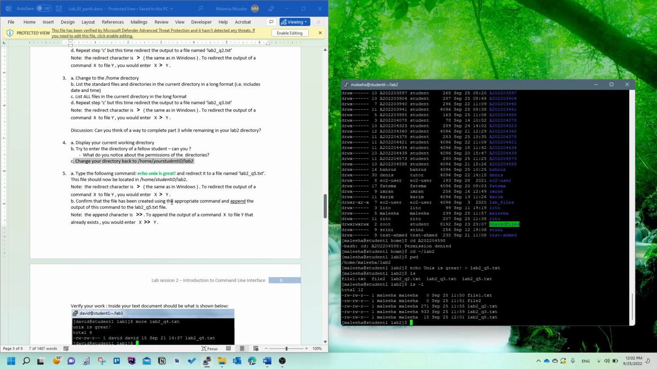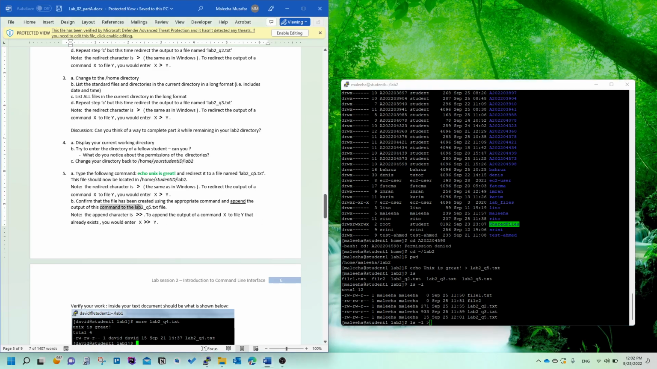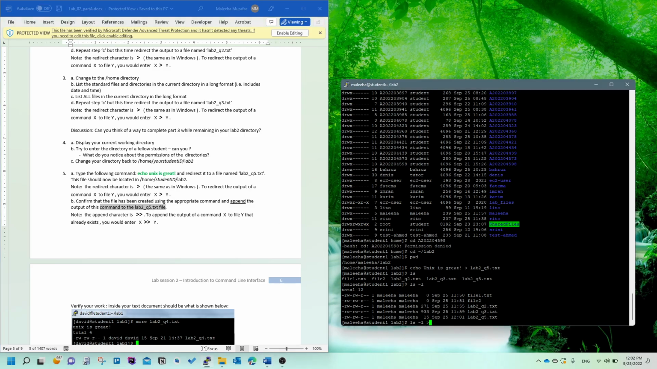Confirm that the file has been created using the appropriate command. So this was the command that you should use, ls -l, to check if it was created, and then redirect and append the output of this command to q5.txt. If you just write one arrow, it will add to the file. For example, here lab2 q5, you have basically,